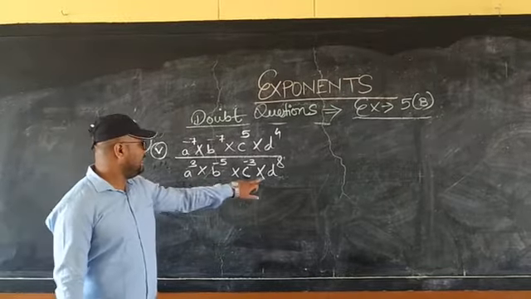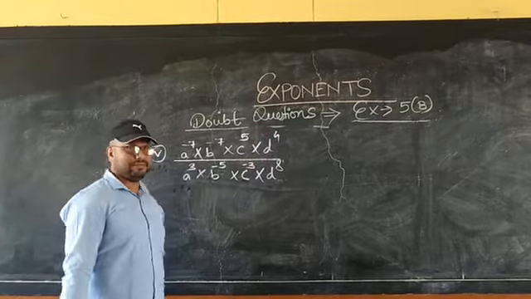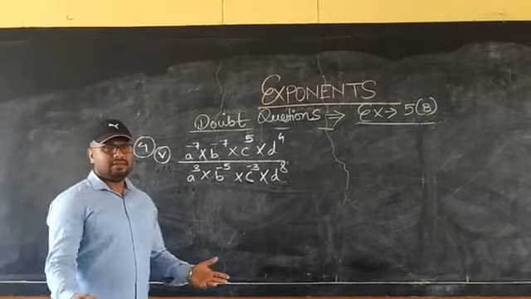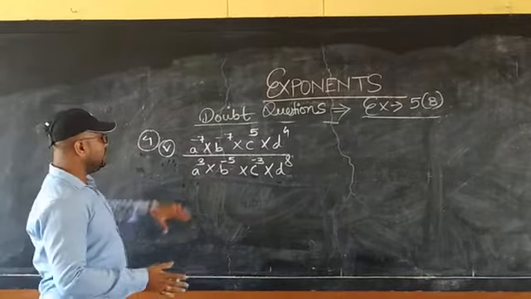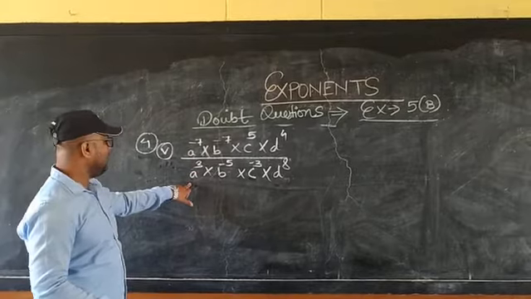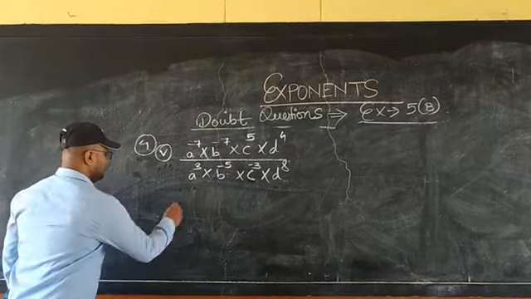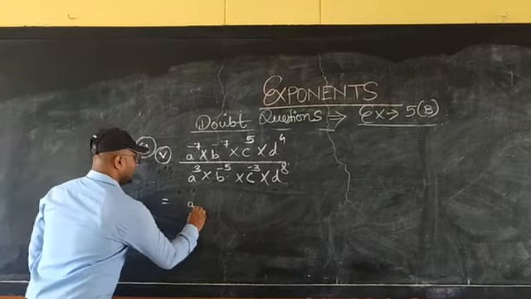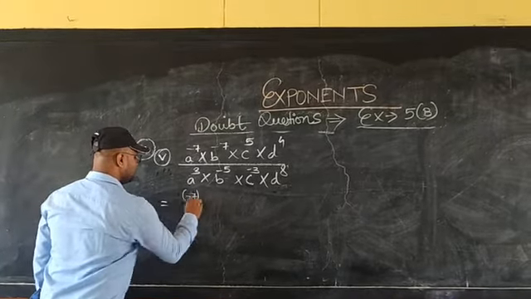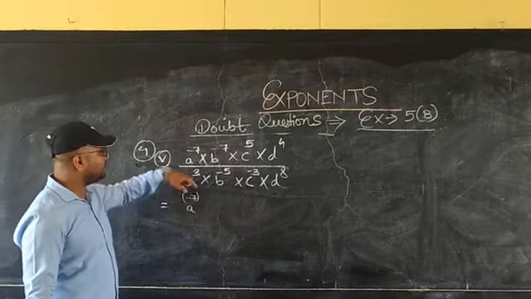A, B, C, D in the denominator also, and A, B, C, D in the numerator also. So simple. Category-wise we will deal with the equal variables, like this: A to the power minus 7 by A to the power 3. So the rule will be followed in that way only. See, A to the power minus 7 is there, and this 3 will go up. Suppose we take this one up.